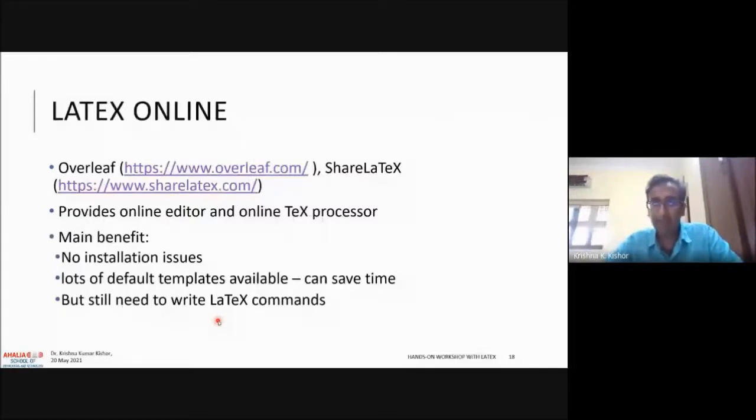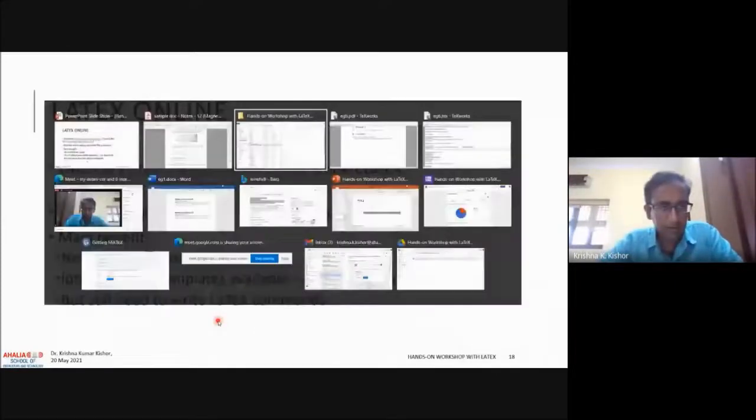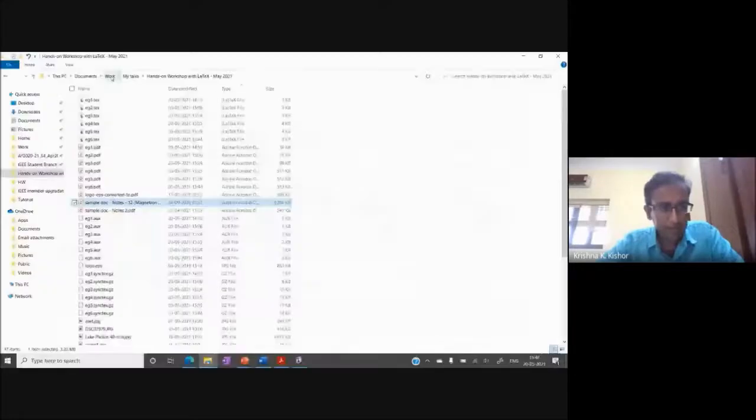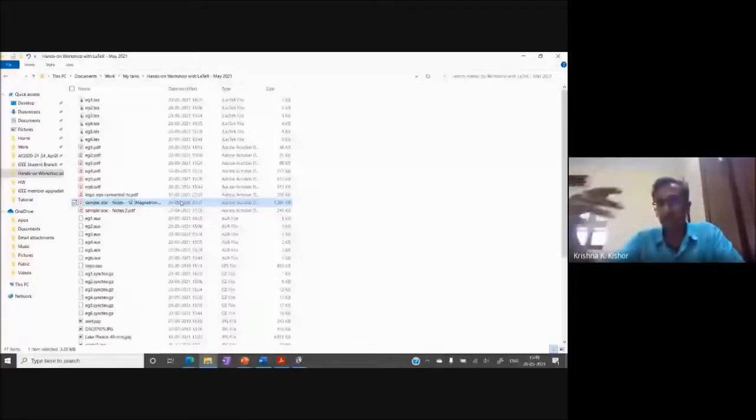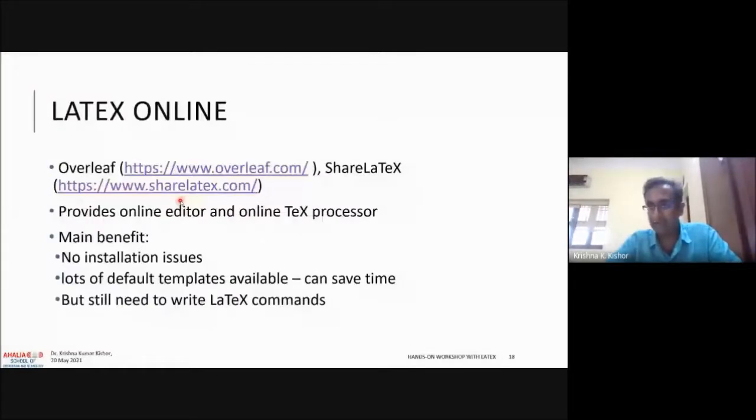Let's see if I can find a document. I don't have that, but I had an example of a document that I created with Overleaf. There's a lot of color and things like that. When you try to do it manually, it might be a little tedious, but when you do it in Overleaf, there are a lot of good templates, and you can start adding color to your documents, and three-column formats and things like that will look nicer. You can make it landscape mode, so it's a little bit easier.